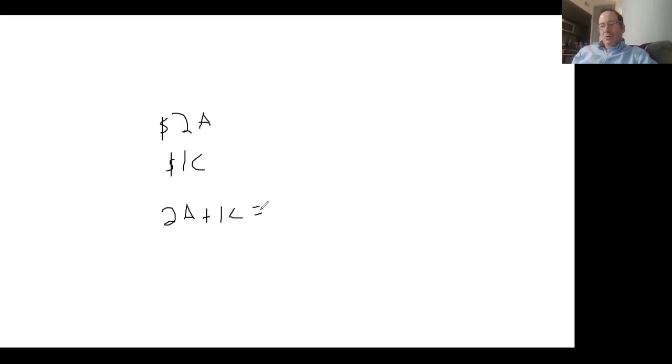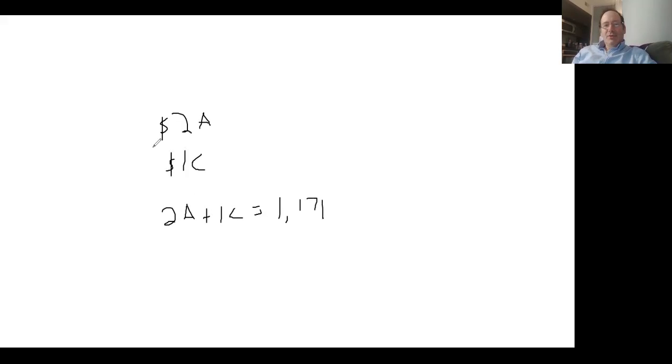Okay, for number 4, it's a long word problem. Basically, just do it in 2 parts, okay? It says a city transit bus line charges $2 for an adult and $1 for a child. So you keep those together, 2 for adult, 1 for child. And if you read the rest of the problem, it says during a 4-hour shift, the bus driver collects $1,171 from 617 riders. So you get 2A plus 1C equals